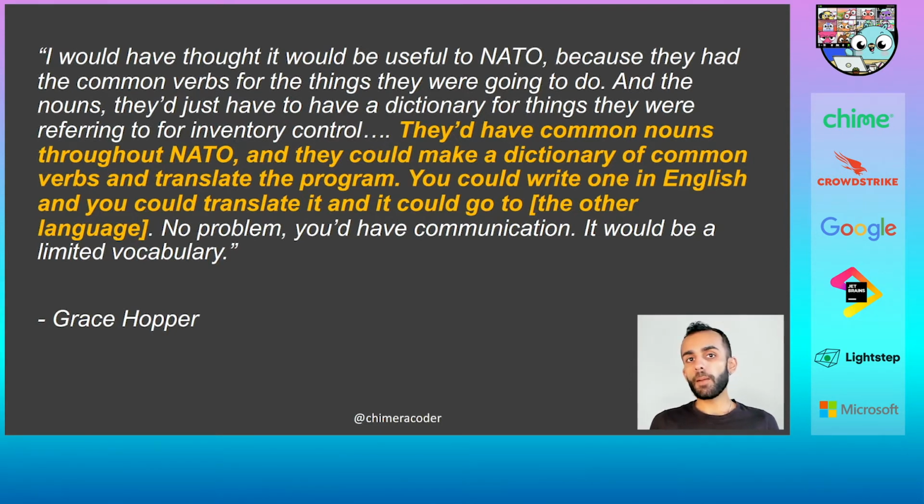Now, it's interesting to note that Hopper chose the imperative mood, the commanding form of verbs, specifically because she believed that that would be universal to all languages. Not all languages distinguish between past and present and future tenses, but languages generally have a way of commanding people to do something. And COBOL was one of the languages which popularized imperative programming styles, so it stuck with us to this day. You'll notice how, even in Go, function names are usually imperative. That's indirectly a result of this tradition. So let's see what we get when we take those same principles behind Hopper's vision and apply them to a modern programming language like Go.